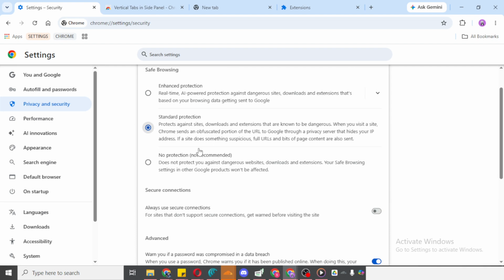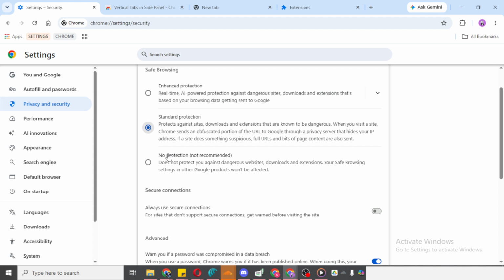After making these changes, Chrome should be better optimized for a smoother browsing experience. Keep in mind that CAPTCHA systems are designed by websites to protect against bots and unusual traffic, so you may still see them from time to time. However, reviewing your extensions, keeping Chrome updated, adjusting cookie settings, and using standard protection can help reduce unnecessary verification requests.